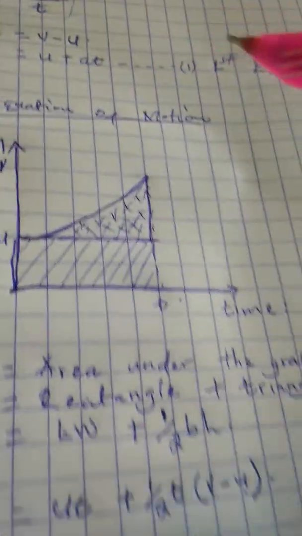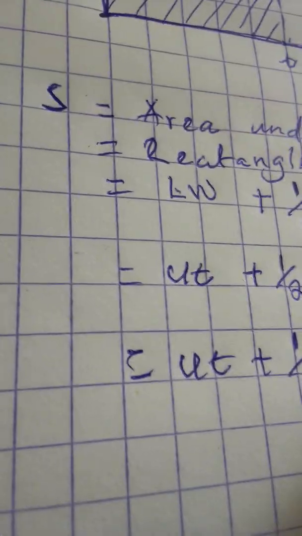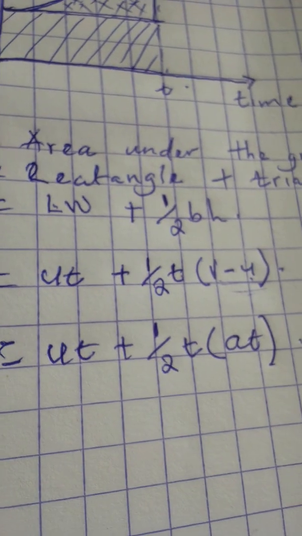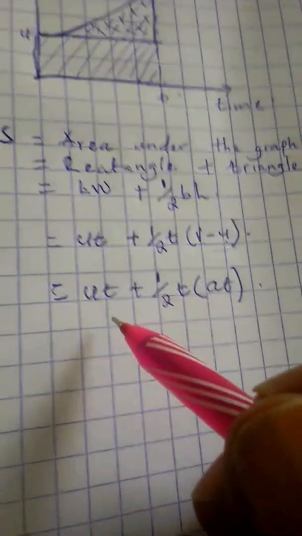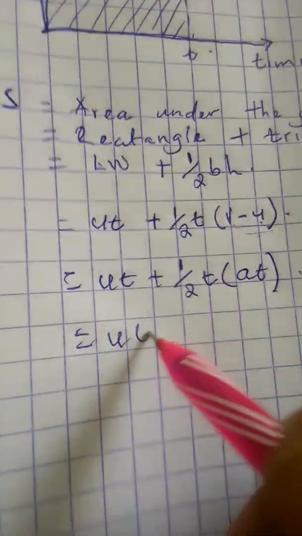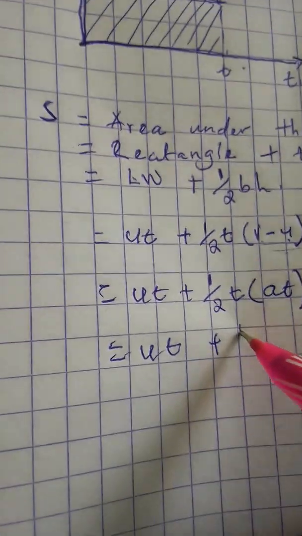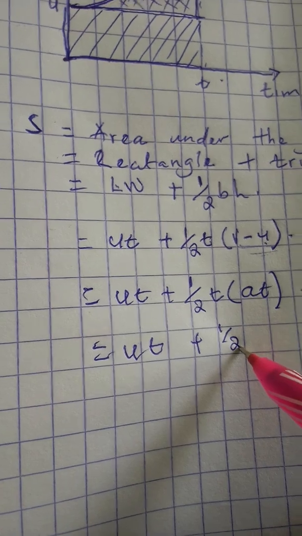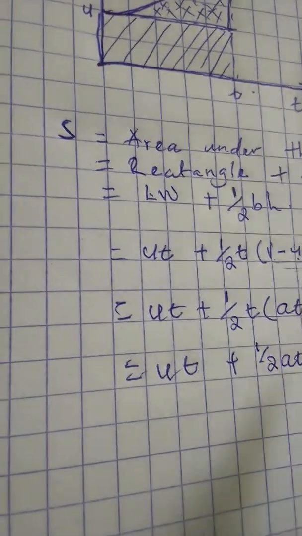So here v minus u will give us at, which will come to be ut plus a half at squared,